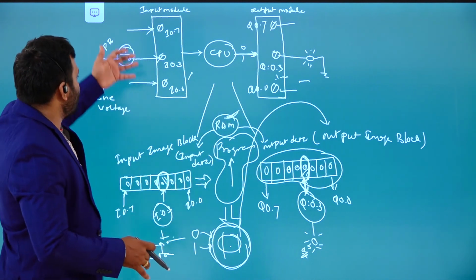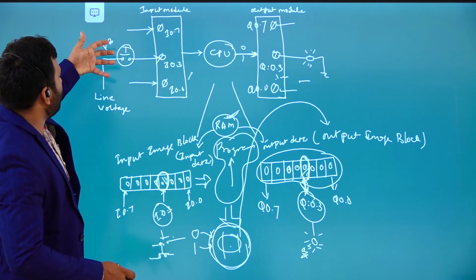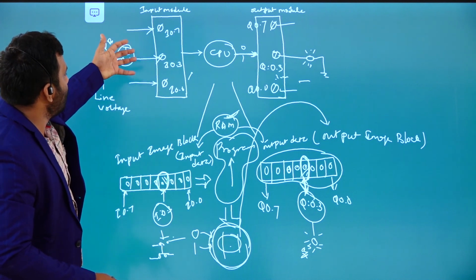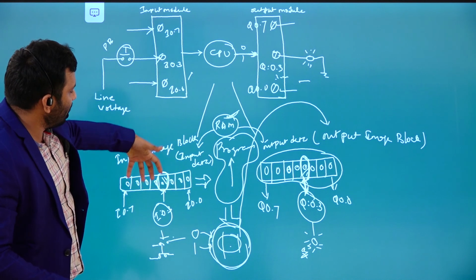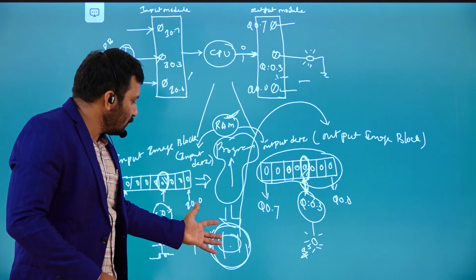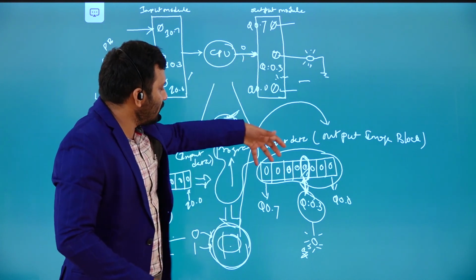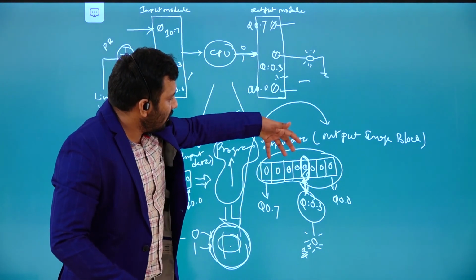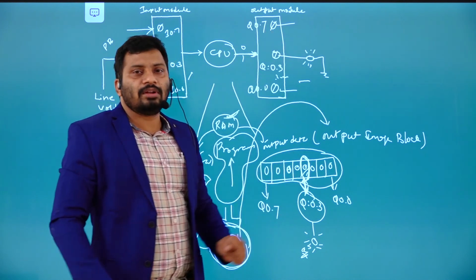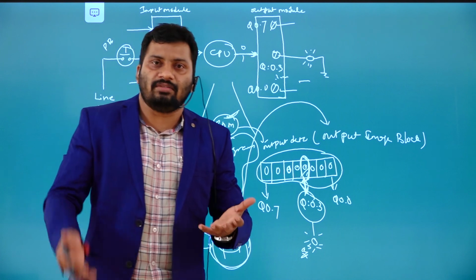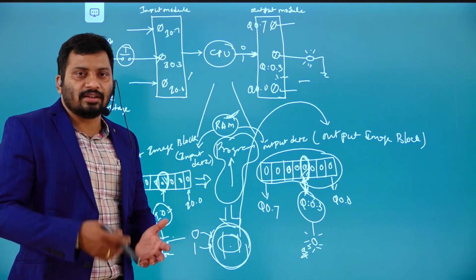For example, if you connected four input devices, they are going to give input data to the input module. Correspondingly, the bits in the input image block are going to be reflected. That is going to act like an input to this program. After execution of the program, the output image block is updated. Correspondingly, the device connected to the output module is going to be activated or deactivated.